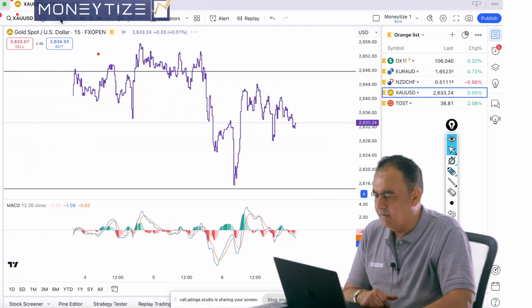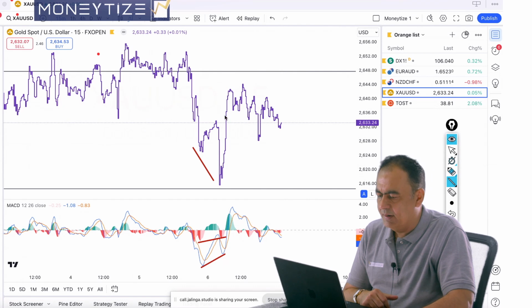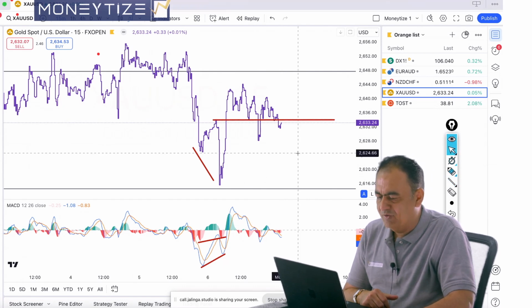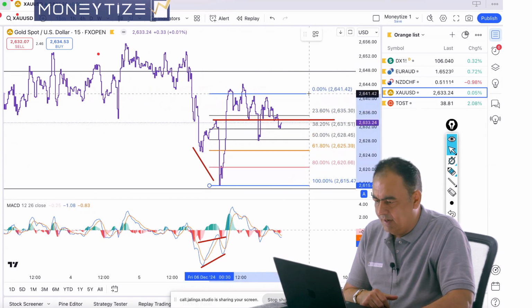Let's go to 15 minutes. Only on 15 minutes I can see that we have a lower low formation with bullish divergence coming together on MACD lines and histogram. The buyers have completed the BOS, and now it gives me an opportunity to apply Fib retracement on the latest